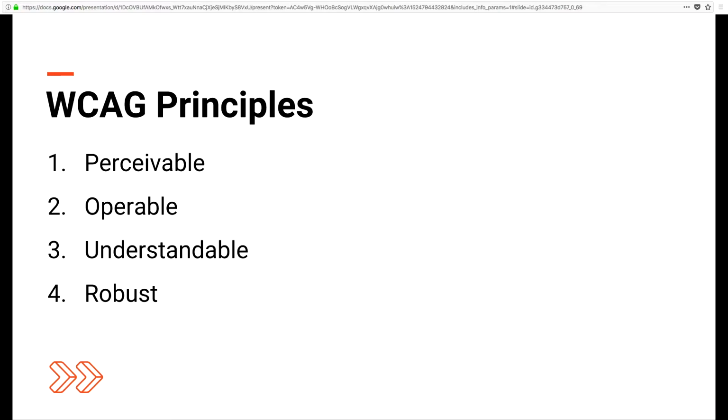If we're using a website that has a lot of unusual terms, it's recommended that we have a glossary so users can find the definition and understand what things mean more easily. And it also means that we should be targeting the reading level of our content at a grade 6 reading level. When we think about what robust is, it means that content must be robust enough that it can be